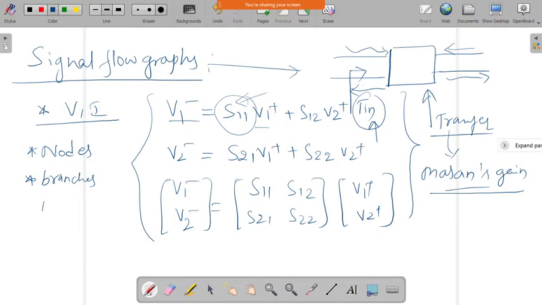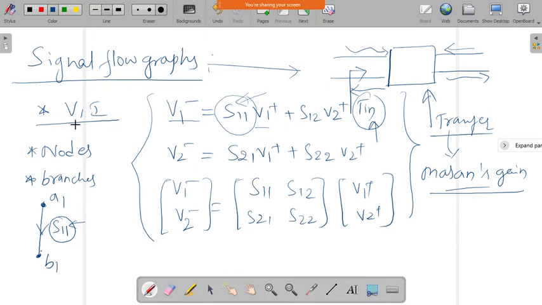So let us say we have node A1 and node B1. These two nodes represent the ports. The signal which is flowing from one node to another node, and the multiplying factor which we have here, this is called the branch. The branch represents the one way signal flow and it is multiplied by the letter near to it, which is called the multiplication factor. So this is what the signal flow graph is.